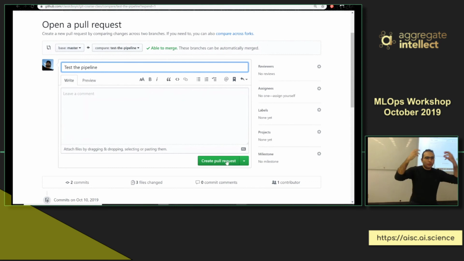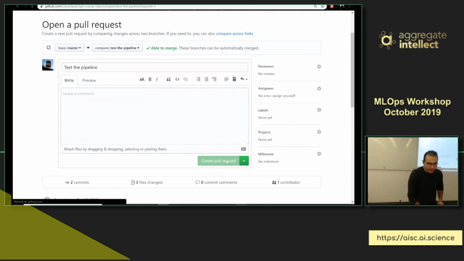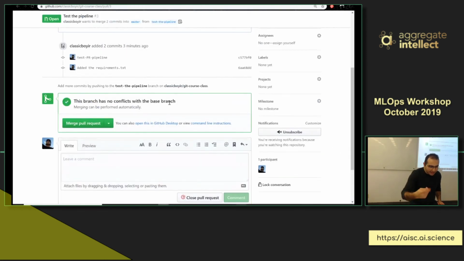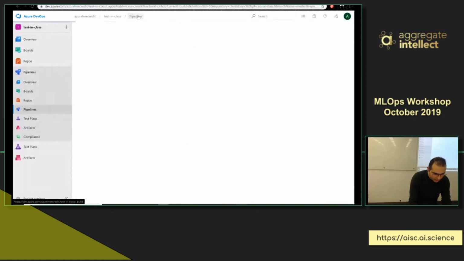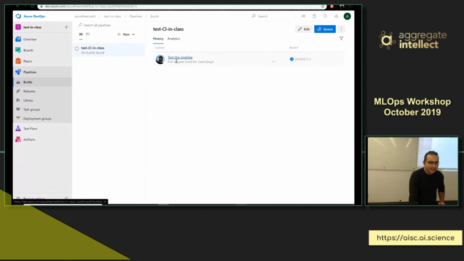So again, in the real world, someone else will submit this pull request who doesn't have the merge access, right? They're not able to merge within this branch. So they can only create a pull request. So I submit a pull request. When I submit the pull request, it basically does everything a typical action would do. But then when I go back to the pipelines,